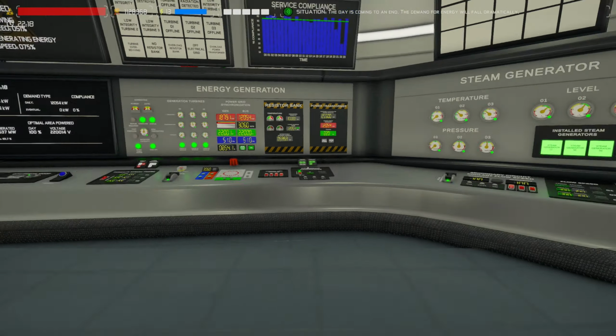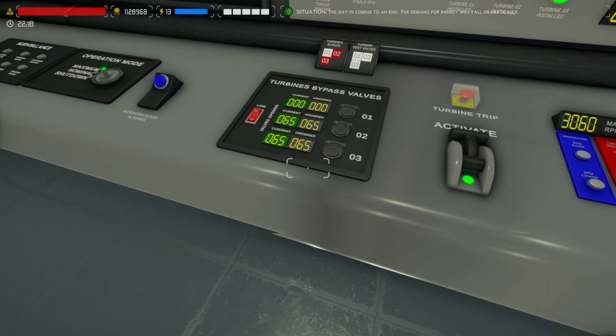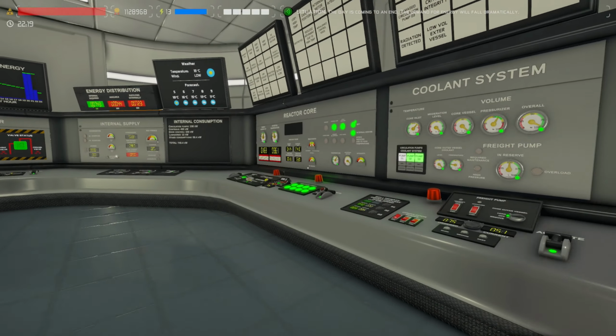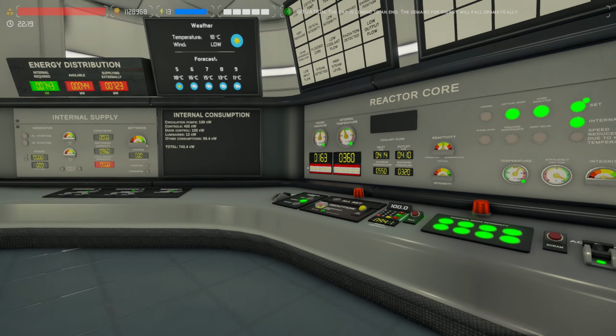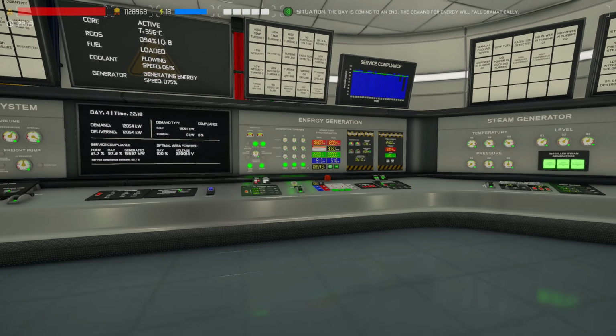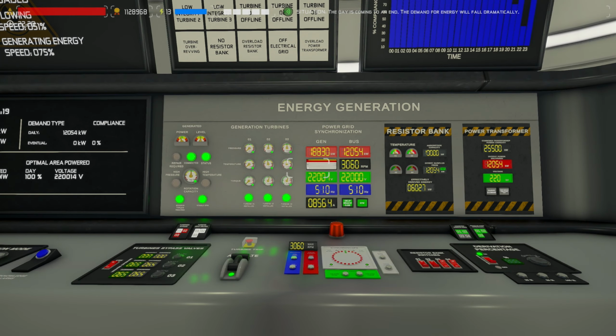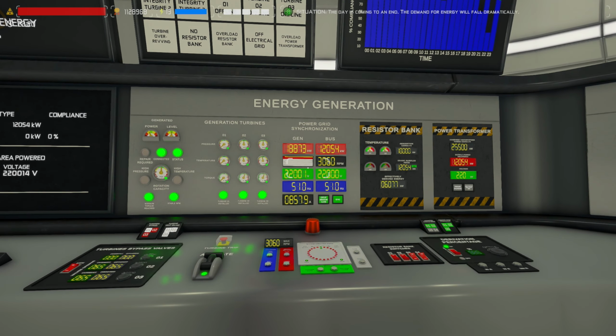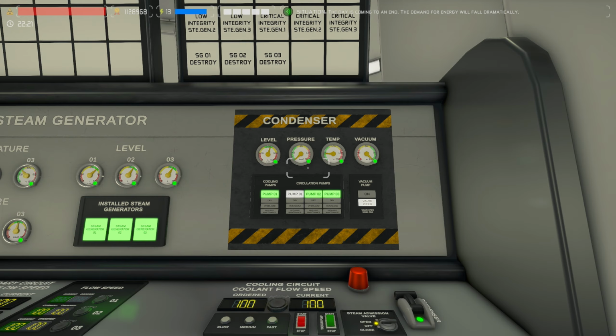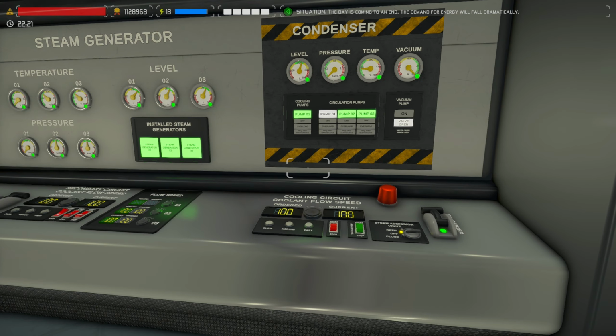So before we do anything else, I've got everything just about the same, 65 on all those sorts of things. We've got good pressure, good temp, generators aren't on, anything like that. We're producing almost 19,000 kilowatts at the present moment. But I really need to fix this, and I want to see if it's possible to shut it down completely